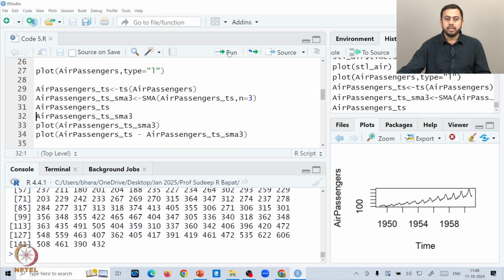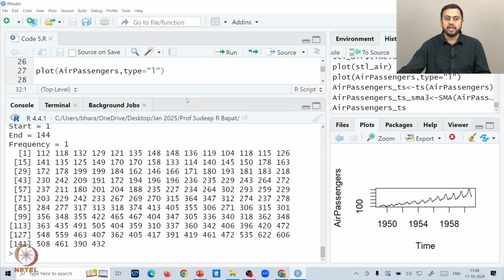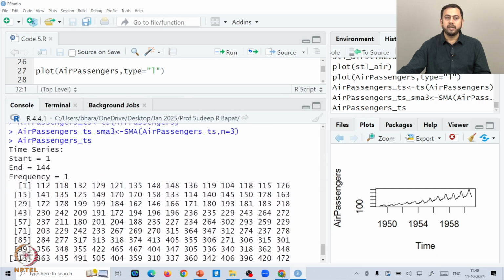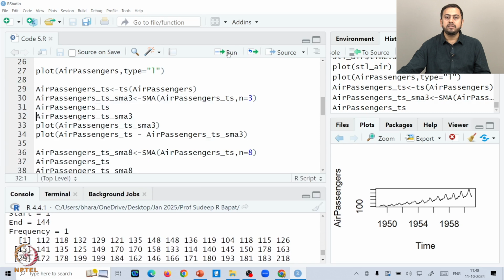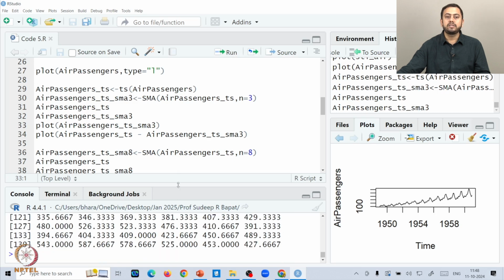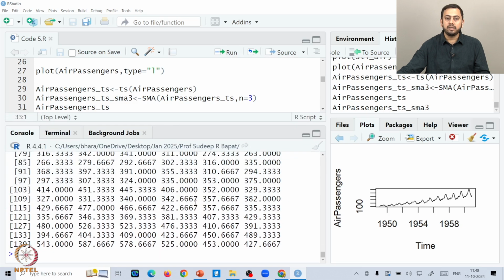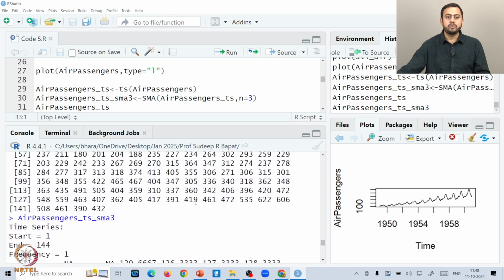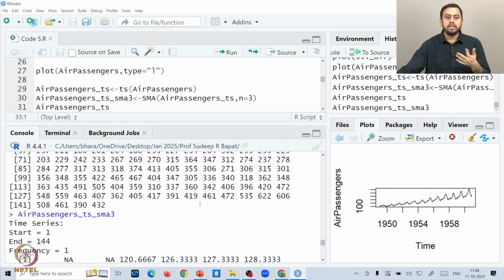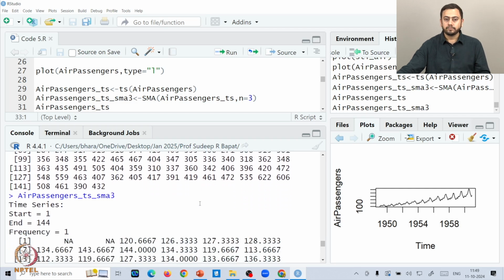And now we'll see the actual data. So this is the actual data. The next thing we'll do is see the SMA values. Since we fitted this SMA3 model, we'll see what values the smoothing technique with an order of 3 is giving us. I think this is just for comparison. We can place these two data sets side by side and gauge whether this SMA 3 is indeed a better, superior model fit.